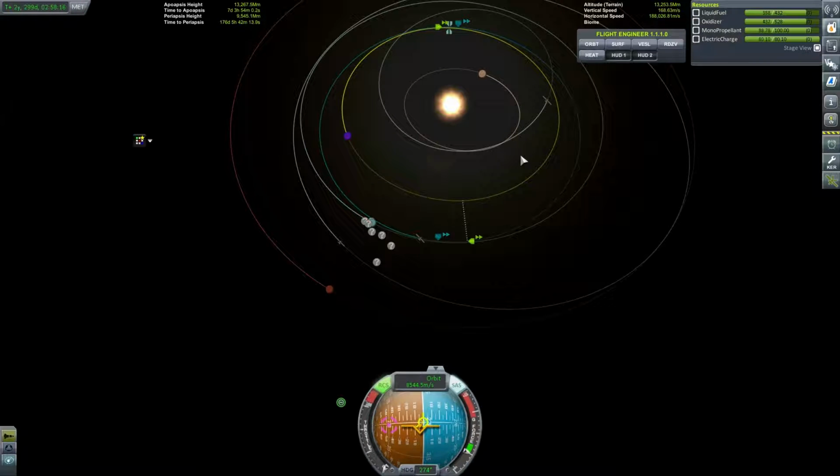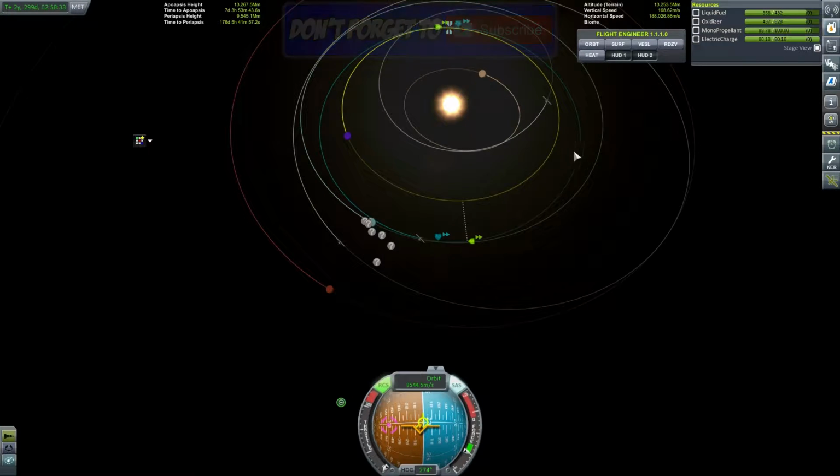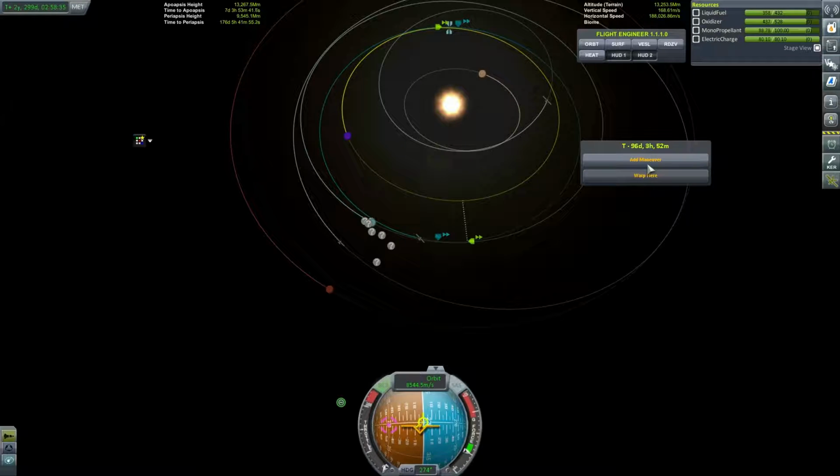because I've figured out you're supposed to let the planet catch up to you. So I will be going faster, I believe, and then it's going to catch up with me. I don't know. Either way, it's got a closest approach, so we will add another maneuver node